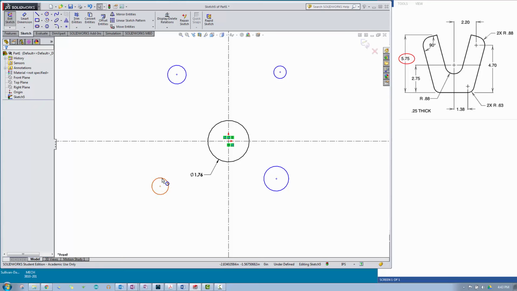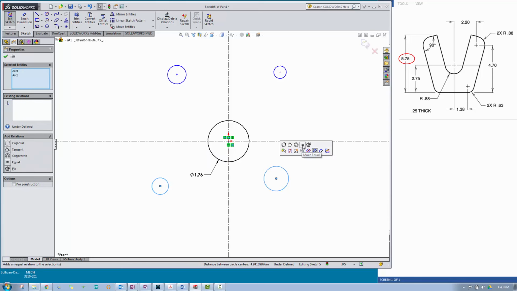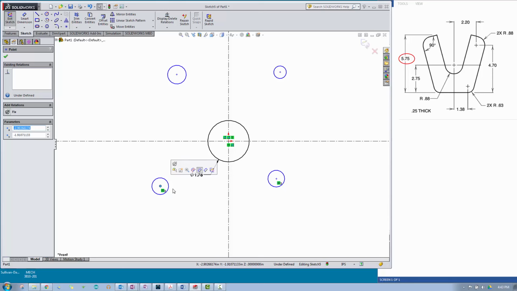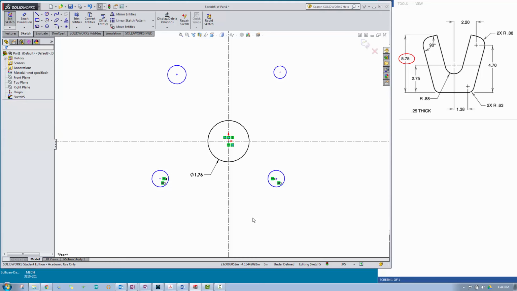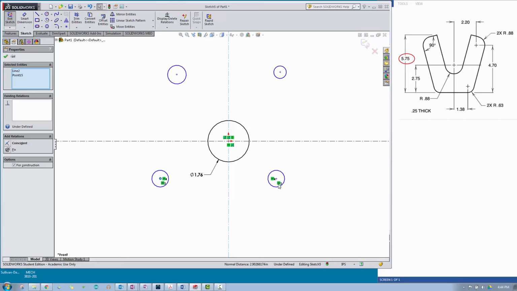I'm going to select this circle, holding the control key down, and this circle. Going ahead and using the pop-up menu, I'll make them equal to each other. Now I'm going to select the center of that circle, and holding the control key down, the center of this circle, and I'll make them horizontal to each other. That puts them on the same line. Again, center of this circle, now holding the control key down the center axis and the center of the other circle, and I'm going to use the symmetric